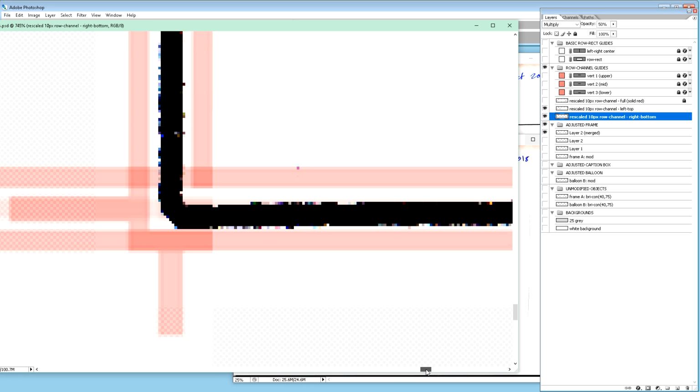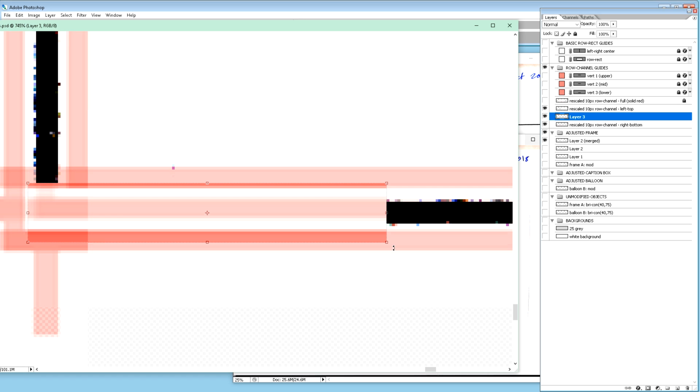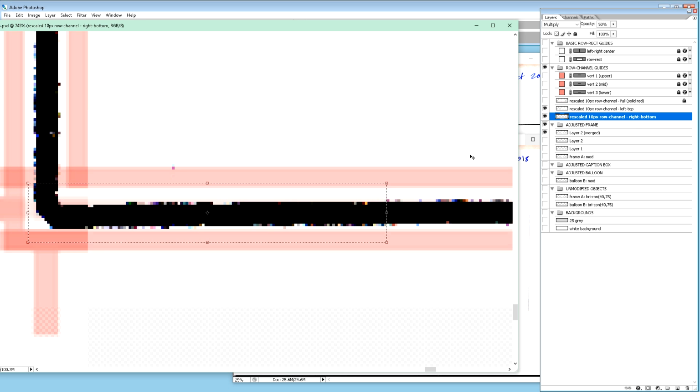we can do a little fixing here. Maybe we can lift this up here. Let's lift this up from here. So Control C, Control V, and then immediately V to get the move tool. Oh no, I made a mistake. Control Z. I have to select, have the selection on the right layer there. Okay. So copy, paste,